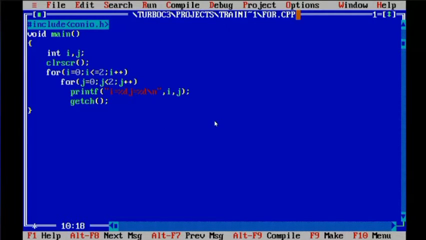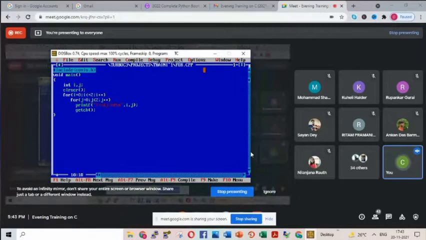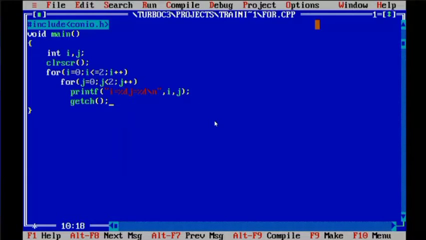So you can see here that in this screen we have taken two for loops. One for loop started with i equals to 0, i less than 2, and i plus plus. And after that we have taken one more for loop that is starting with j equals to 0, j less than 2, and j plus plus. So in this second for loop where we have taken j, I'm as of now removing this, j is nested by first for loop.